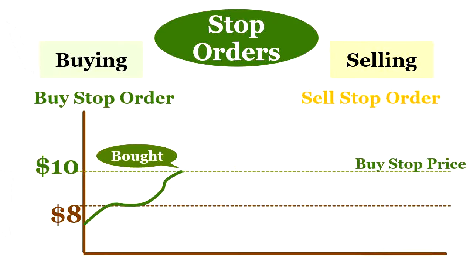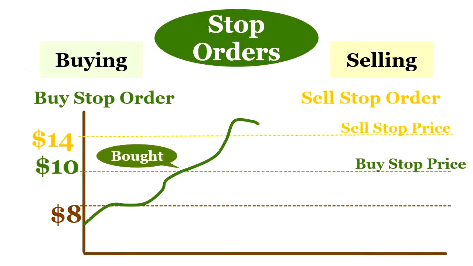Another scenario in which a stop loss can be used is if you bought a stock at $10 and the stock starts to rise and you're gaining profits and you want to lock in those profits just in case the stock turns and starts to trend downward. Say you want to lock in your profits at $14, then you will set your sell stop price at $14. So if the stock trends at or below $14, it will trigger a sell and